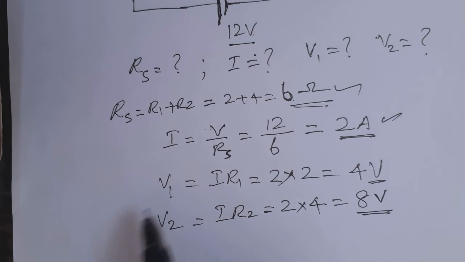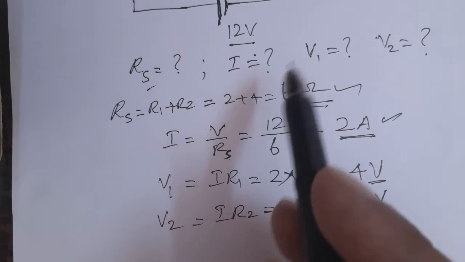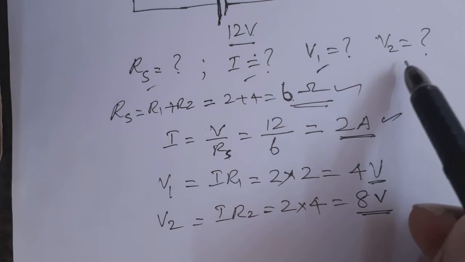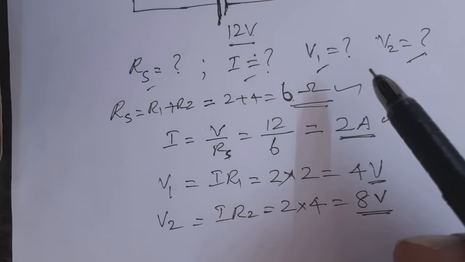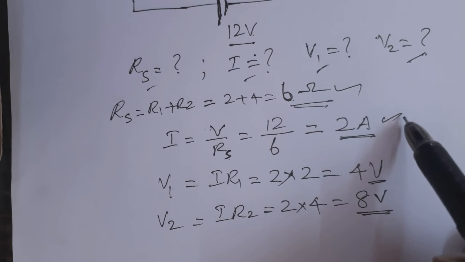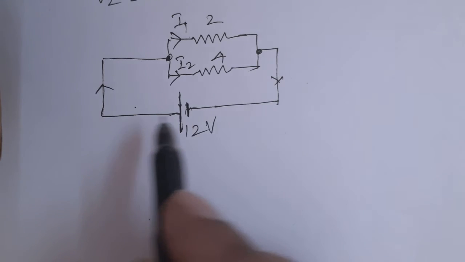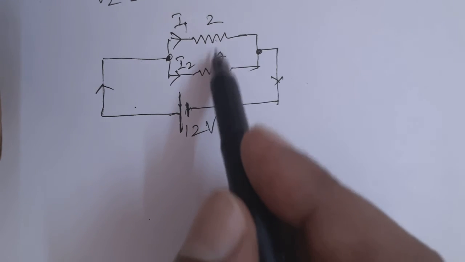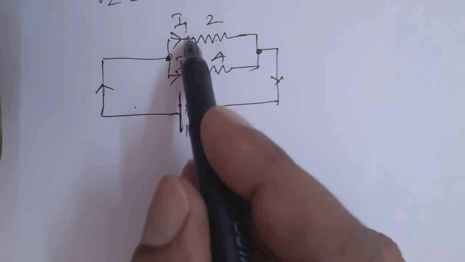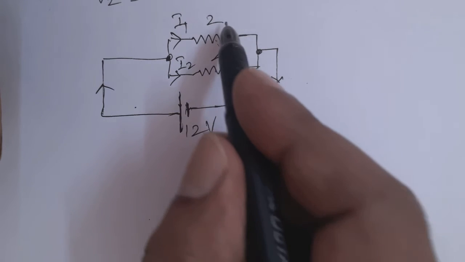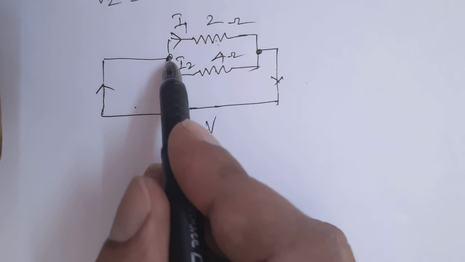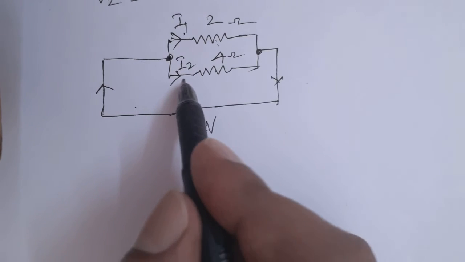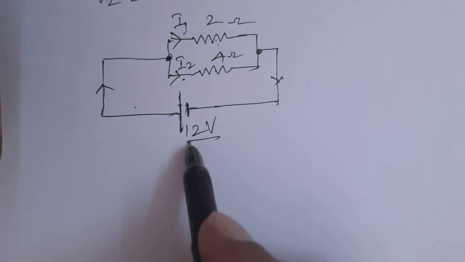So in this way you are going to calculate the total resistance in series, the current, and the voltage across each resistor, V1 and V2. If 3 or 4 resistances are given, in a similar way you can solve, right? Now consider the same two resistors connected in this fashion, that is, parallel connection. Let R1 be 2 ohm, R2 be 4 ohm, and here the current splits into two branches as I1 and I2. The same voltage is applied, 12 volts.